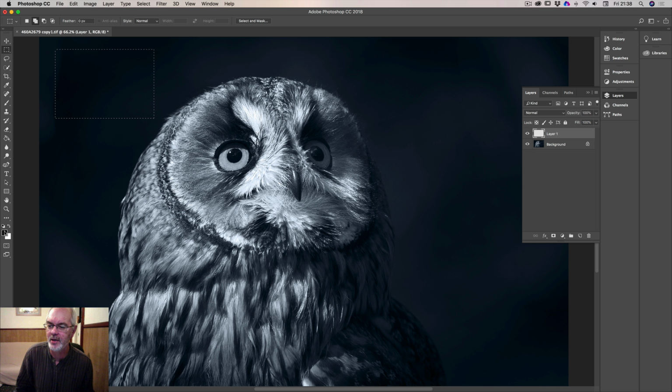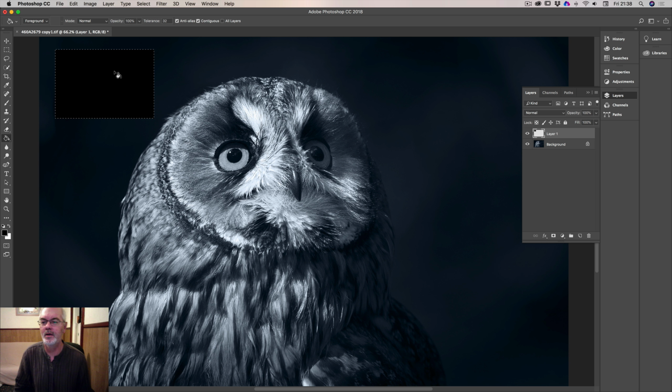And I've got black already selected. I'm going to click on the bucket tool. I'm going to click within that rectangle. So you can see what the rectangle marquee tool does. It protects the rest of the image, and whatever you do will only happen inside that area. I'm going to deselect that,